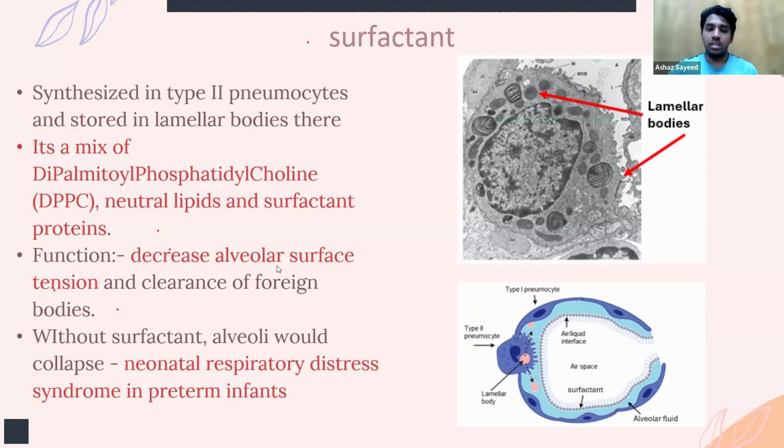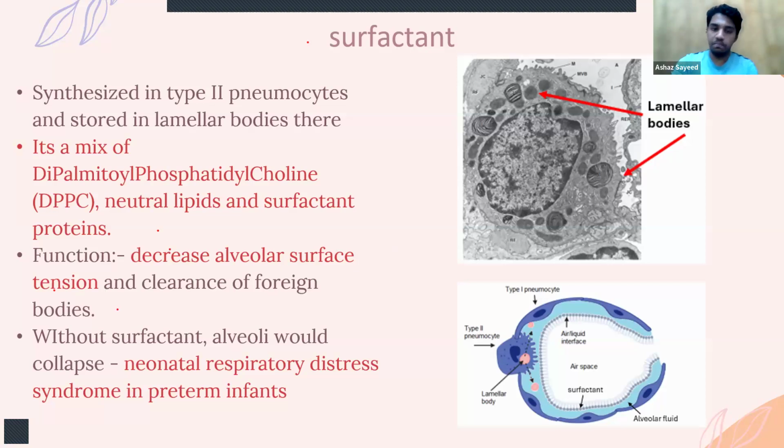The three most important things I would like you guys to remember from this slide: surfactant is produced from type 2 pneumocytes. The other thing is it's a mix of DPPC, neutral lipids, and surfactant proteins. And the third thing is that it decreases surface tension. And if a child does not have it, he can have neonatal respiratory distress syndrome. The name of this disease is important. This is probably the only clinical case, I would say, out of everything we have learned so far, that is important in the context of